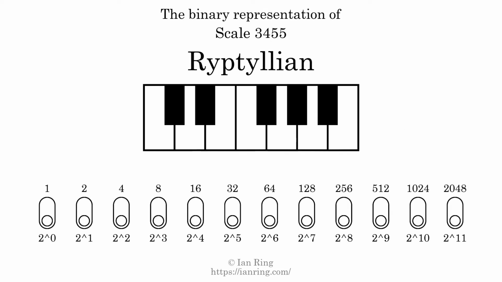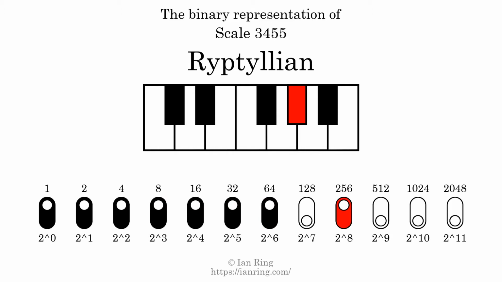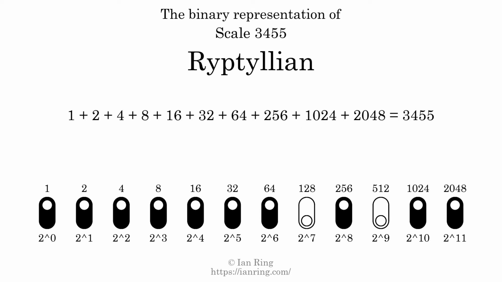The binary representation of this scale is determined by mapping tones of the scale to binary digits. Each binary digit represents a power of 2. To get the scale number, we add the powers of 2 together. The powers of 2 that are present in the scale, all added together, equals 3455. That is why the scale number, in decimal, is